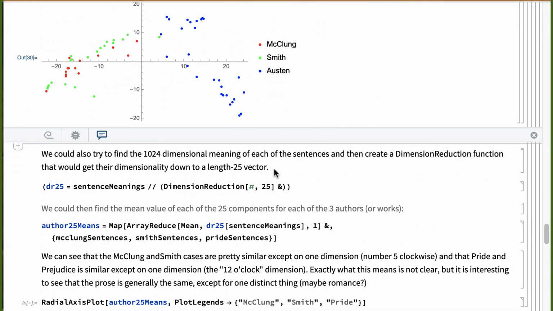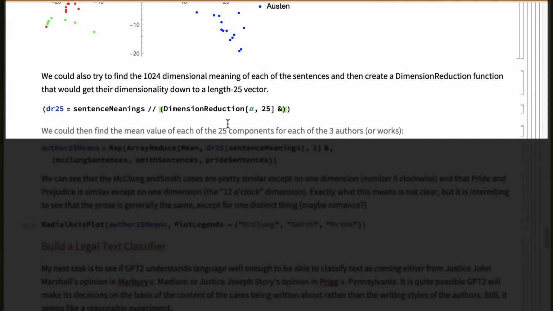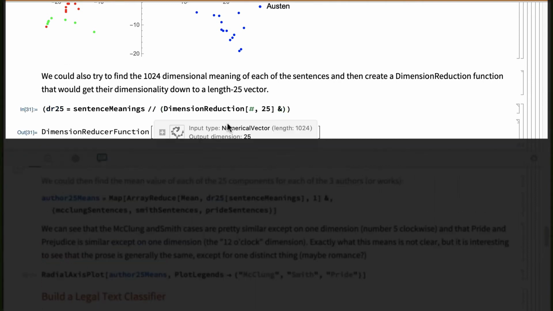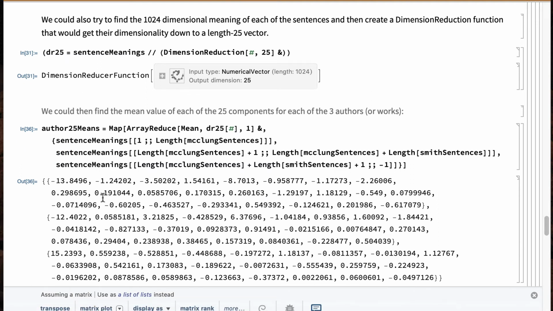Well, let's look at a radial axis plot. Let's take those meanings and boil them down to 25 values. And now what I'm going to do is take each of the sentences and find, for each of their 25 components, the mean value. All right, so this is the code that's going to do it. This is not probably the best code I've written for this course, but you'll live with it. There. All right, so we've now found three length-25 vectors